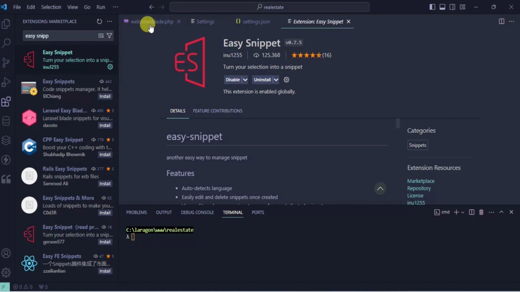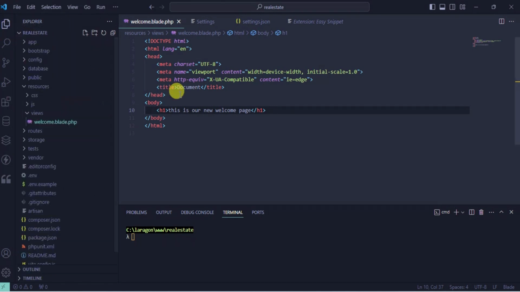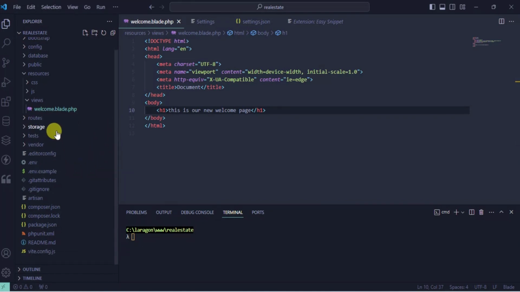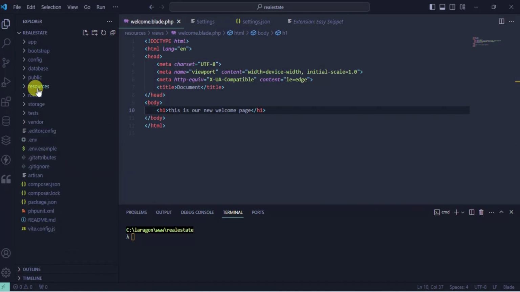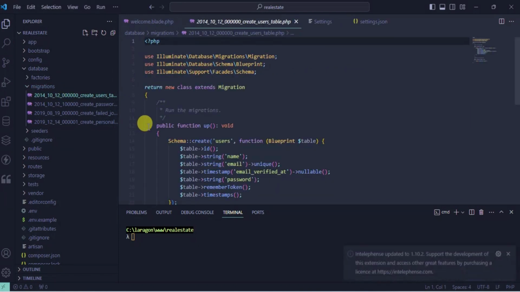So just before we go to the database, there are some concepts I need you to know, the first one being migration. Let me talk about migration, guys. If we go here to database, let's just close this, and in database, we have something called migrations. Migrations is just a way that we build our tables in